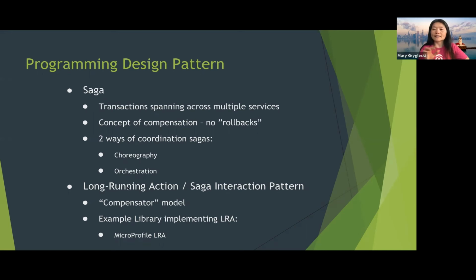Okay, now another design pattern I want to bring up, though it's not exactly the same as Saga, but it does borrow a lot of the Saga interaction pattern. It's called Long Running Action. It's essentially a Saga, but with some interaction built into it too. The concept is still quite new. Also, I wanted to point out MicroProfile. We all know, like Emily Jiang this morning did a talk on MicroProfile 4.0. MicroProfile is amazing for doing microservices. So this Long Running Action is essentially to help with designing your microservices in a proper way to do stateful transaction type of work.